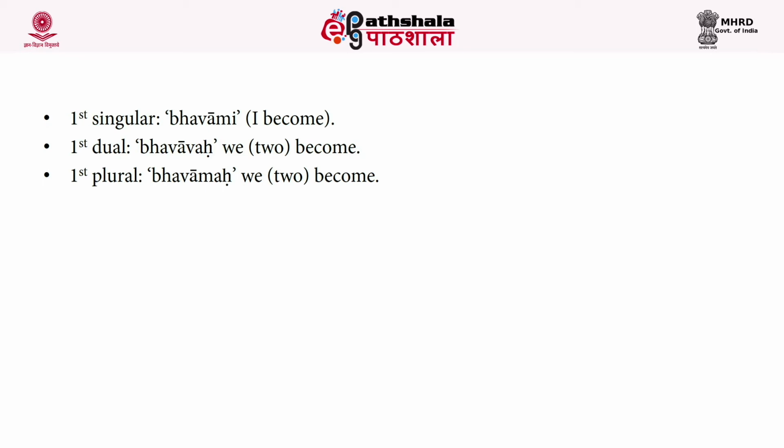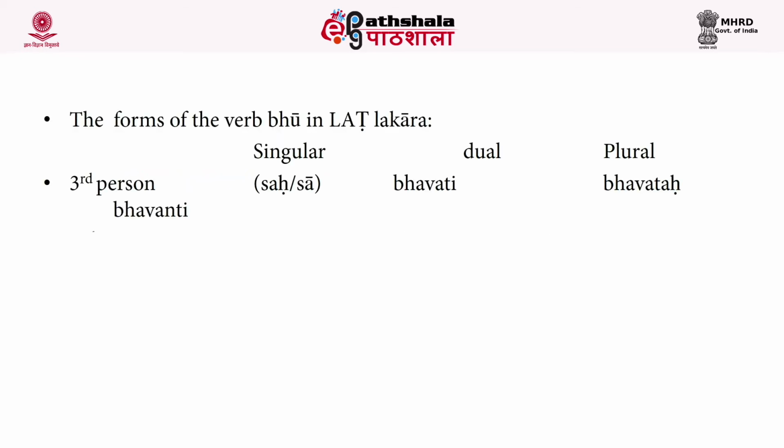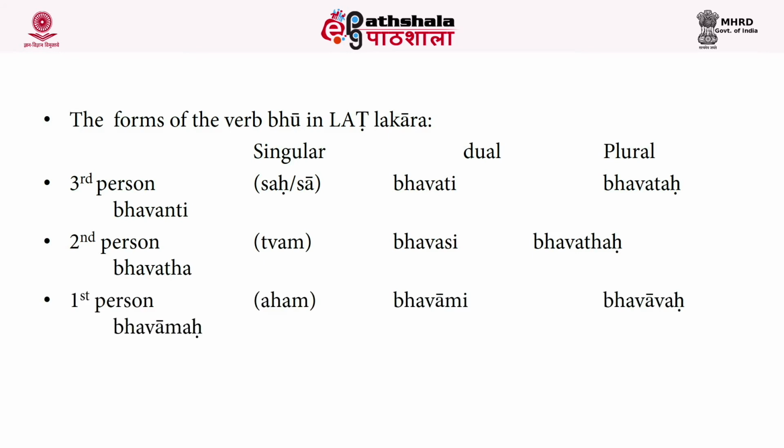Shesat kartari parasmaipadam 1-3-78. The sutra states that after the remaining verbal roots, when the agent is to be denoted, parasmaipada suffixes are used. Such verbal roots are listed in the Dhatu Patha either with the udatta accent as an indicator or by the absence of the marker ng or n. If no reciprocal action is denoted, in other words, where particular rules have not been formulated, parasmaipada suffixes are